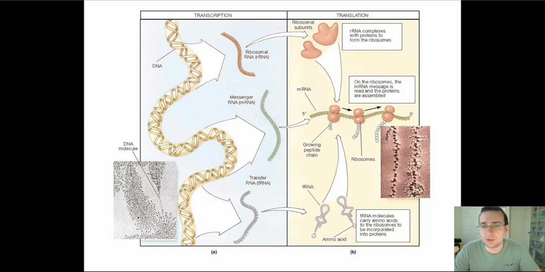So now that we've talked about this, it's time to revisit that age-old question: what is more important, DNA, RNA, or protein? Well, you wouldn't have the DNA without the proteins, because proteins are involved in the structure of DNA and in the replication of DNA. Proteins are also involved in transcription because they determine which parts of the DNA are going to be available for transcription. Remember the transcription factors? You also have proteins involved in creating RNA, like RNA polymerase, and all of the other enzymes, transcription factors, elongation factors, and everything that we talked about. And you also have proteins in the process of protein synthesis itself. And so it looks like proteins are very important.